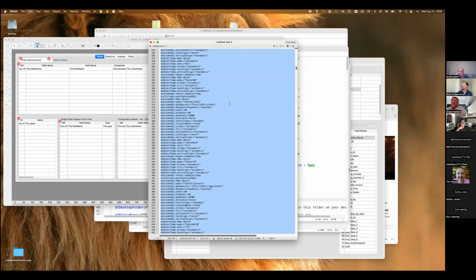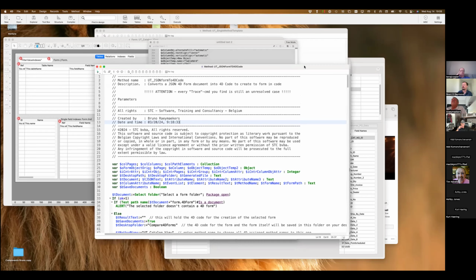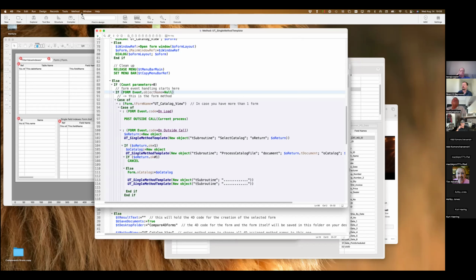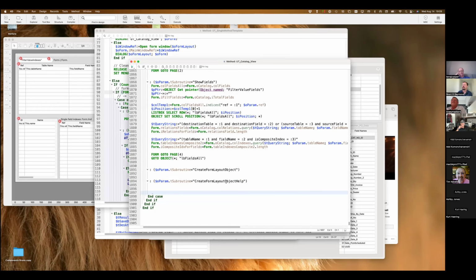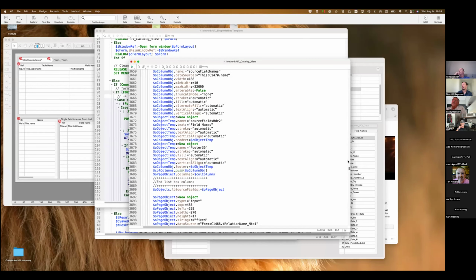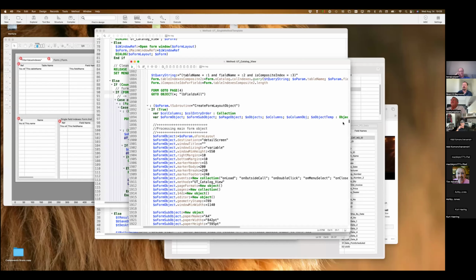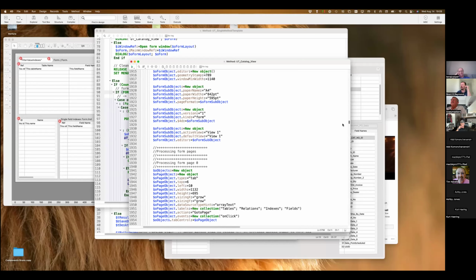So when I take this code and I paste it in my method, then from now on, when I run the method, it will run the code and no longer the form object itself.